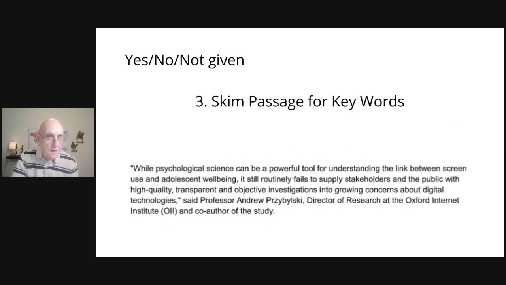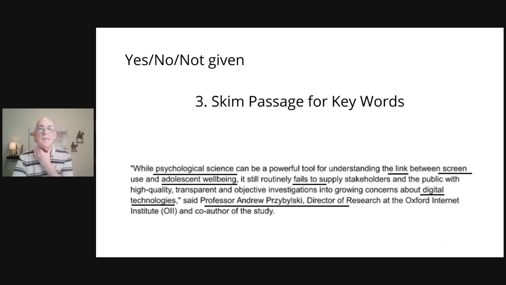Now, if we go to another portion, remember we've skimmed the whole passage at once. We're just looking at a portion now. We've underlined psychological science. We've underlined adolescent, the word that means the same thing as teenagers. We have digital technologies. We didn't see the word digital, but we know that that has to do with online and internet. And of course, we've underlined the name of a person and a place because we always do that